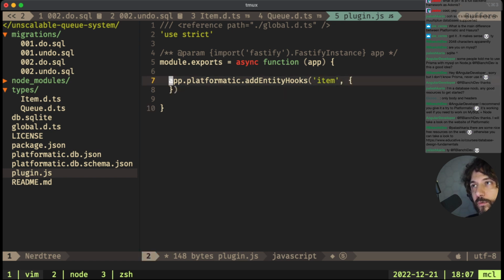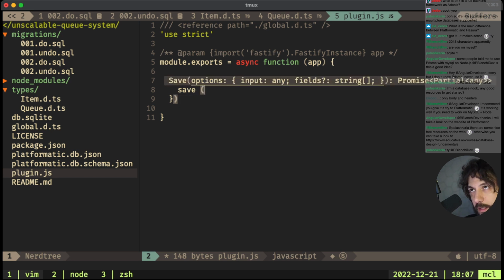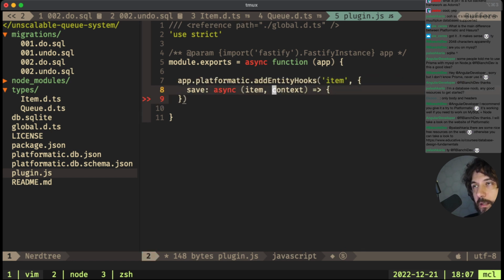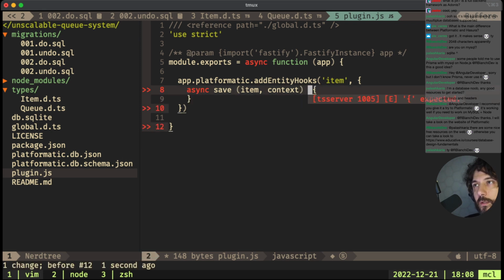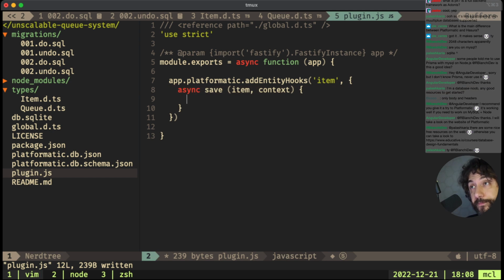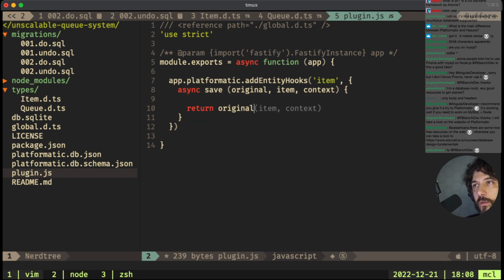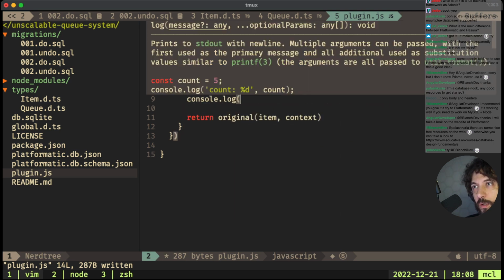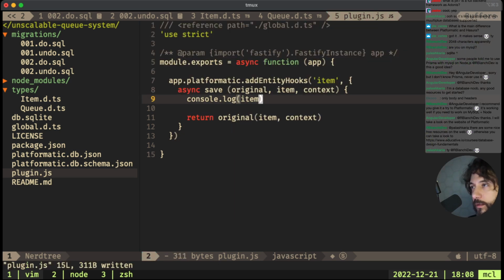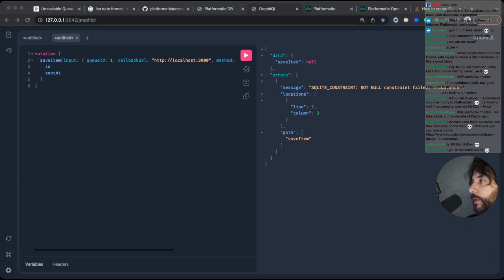We want to add a hook for save, and this is an async save. And this is also original, and this is a return original item context. Then console log item. Let's try that.